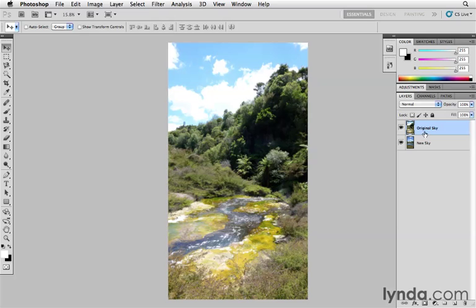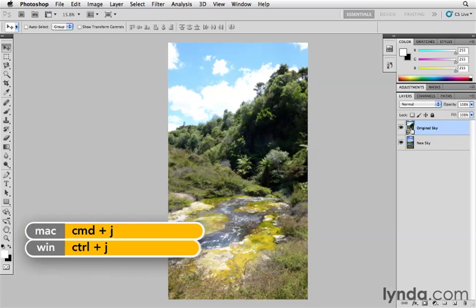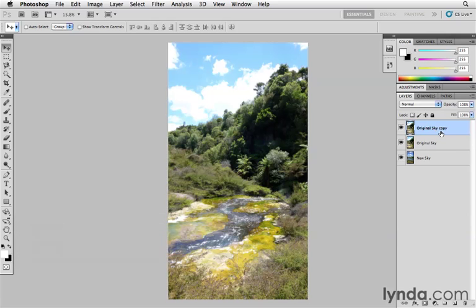Before we get too much further though, what we want to do is duplicate this original sky layer and have it as a backup. You'll see why later on. Quick, easy way to duplicate a layer is use the keyboard shortcut Command or Control J, and that pops it up onto its own duplicate layer. We're going to go ahead and turn off the top layer and target that middle original sky layer to start